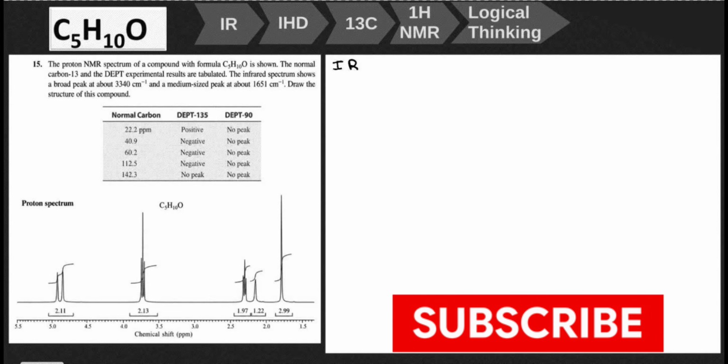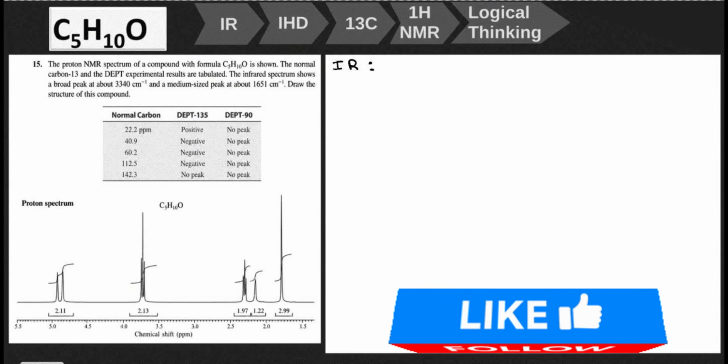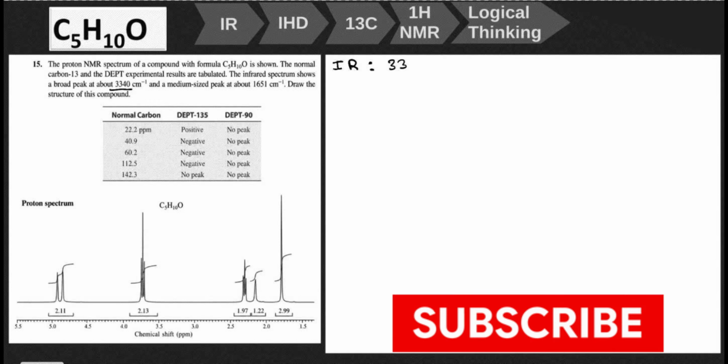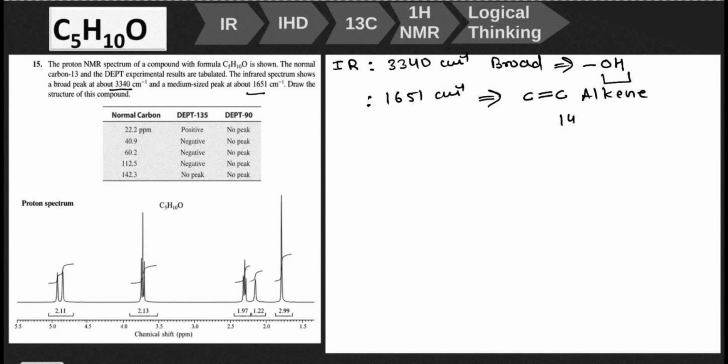So first step is to see the IR value. We have given two IR values. The one is around 3340 per centimeter, which is a broad peak. So this indicates the presence of a hydroxy group in the molecule, and we have one oxygen also, so it could belong to the hydroxy. Okay, now the second value is 1651 per centimeter. This value indicates the presence of a carbon double bond carbon of an alkene, because for the benzene it comes from 1400